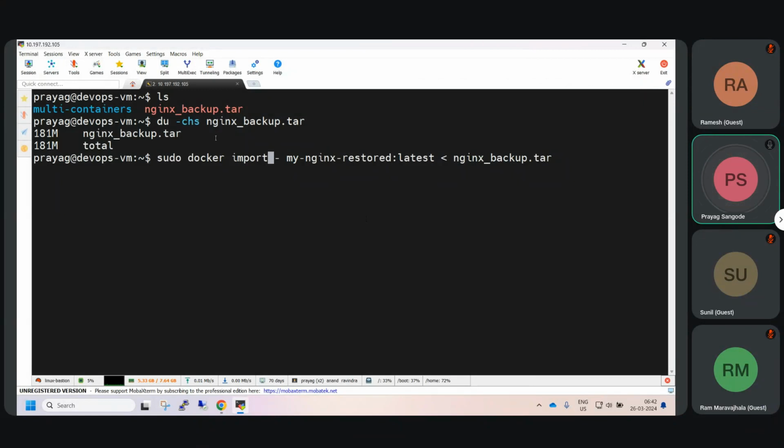We have taken a backup and kept it as a tar file, a kind of zip file. Earlier we did docker export, now we'll do docker import. This hyphen sign is there, and we'll give the image the name my nginx restored, with the latest tag, and we'll restore it from the backup which we created, that is nginx backup.tar. So this is the command to import the